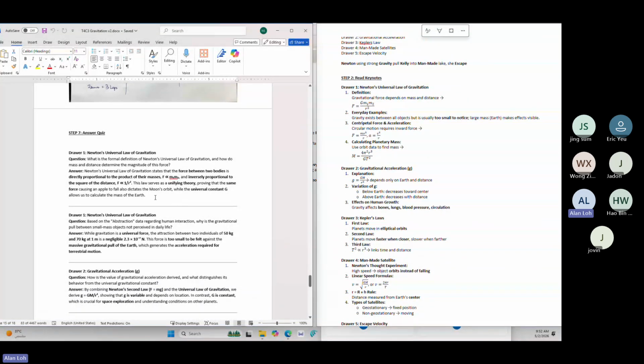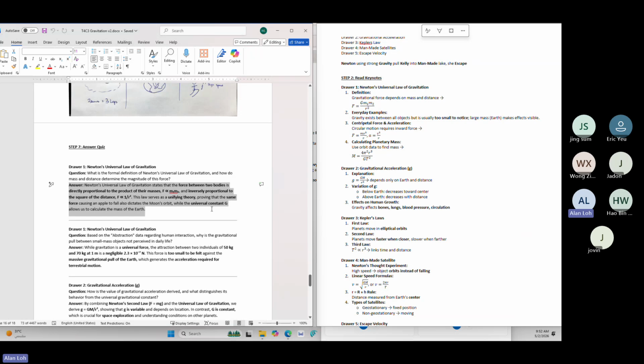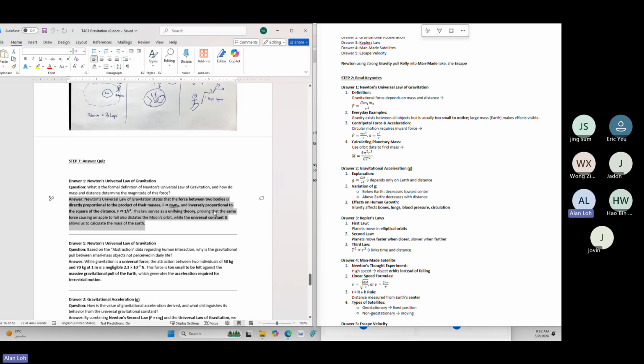Now let's see whether we are able to bring it up one more level to step 7. So how do you do this? You read the questions, and then you ask, which drawer is this? Obviously, it is drawer 1, right? Which drawer or which sub-drawer is this? Then before you read the answer, you form a very rough answer in your mind, and then you compare with the answer. Let's see if this helps you improve from 6 to 7. Let's do question number 1 in 1 minute now.